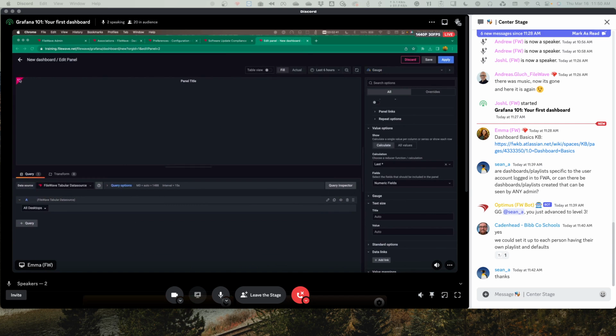Correctly, why is it? Might be because it's trying to do a calculation of the last value. So I'm going to switch this to distinct count so we can just count how many we have in there. And then there's no numeric field, so I'm going to switch this over to something unique, which would be like an ID,